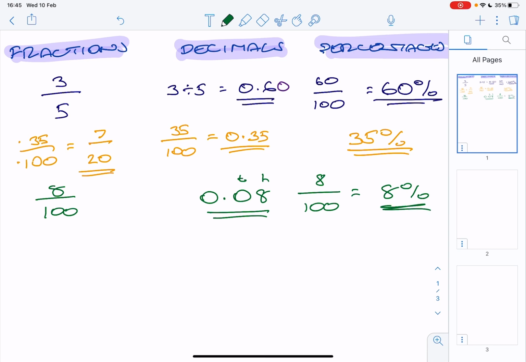Right, 8 over 100 is fine in most instances, but again, we want to simplify it if we can do, okay? And in fact, these both divide by 2, okay? And if we divide them both by 2, we get 4 over 50. But again, we want to simplify as much as we possibly can. That is simplified, but we can simplify it a little bit further because again, these two both still divide by 2. We can simplify that to 2 over 25. And there you have it. There's 3 different means of changing between fractions, decimals, and percentages. Okay, and all 3 are